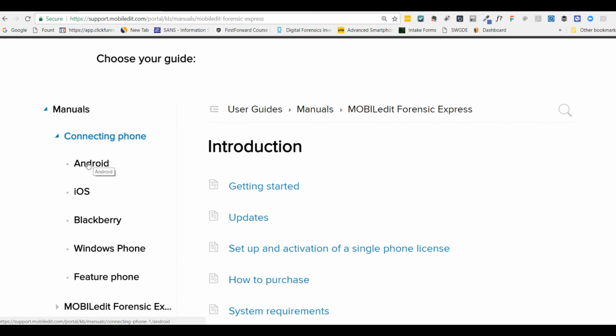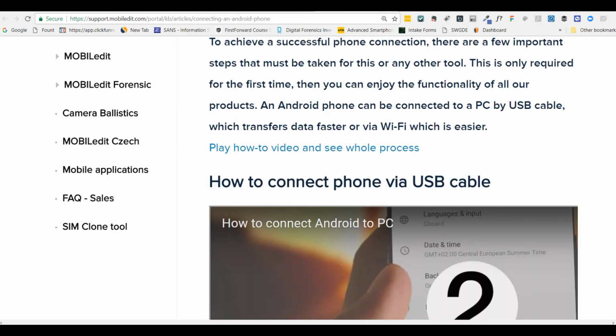And so MOBILedit is one of the few tools that will actually do Android, iOS or Apple, BlackBerry, Windows phones, and feature phones, which are commonly known as throw phones. The ones that nothing else will really do. And MOBILedit for years has been my go-to, the basic version, just for feature phones, because a lot of the other softwares wouldn't handle the feature phones, the throw phones, but MOBILedit did a great job of it. Now this Forensic Express is their top tier version, and will handle Android, iOS, BlackBerry, Windows, and feature phones very well. So to get to the Android, you click on there, it'll take you to this screen here,